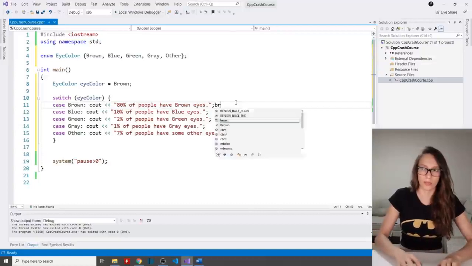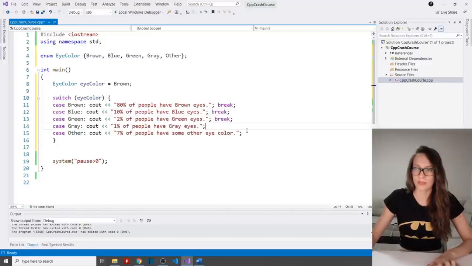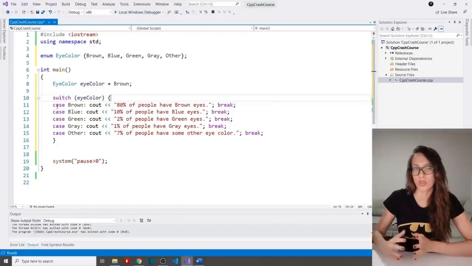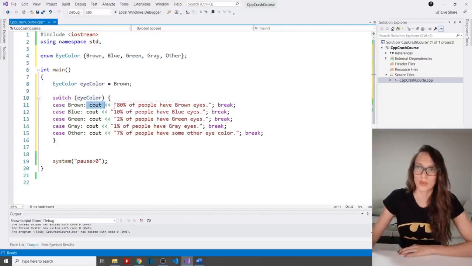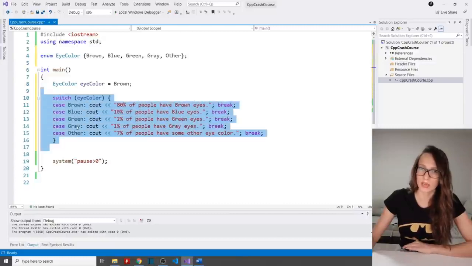So I'm going to write break, like this, and I will have to copy this on all of my cases. And this break is used in order to stop your switch case. So once you found the right case, the right code to execute, that code is going to be executed, and then you break your switch case, which means that other cases are not going to be checked, but the first one that is executed, after that, when you find break, you are going to leave your switch case statement.